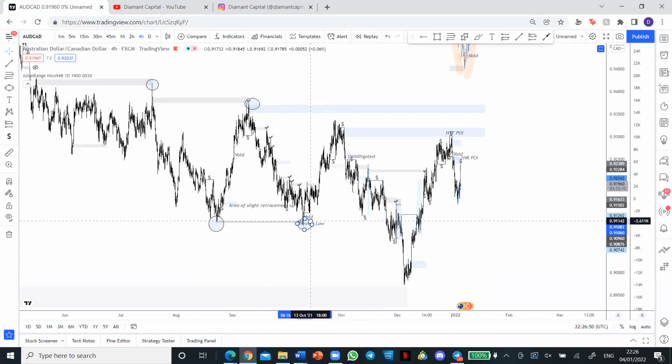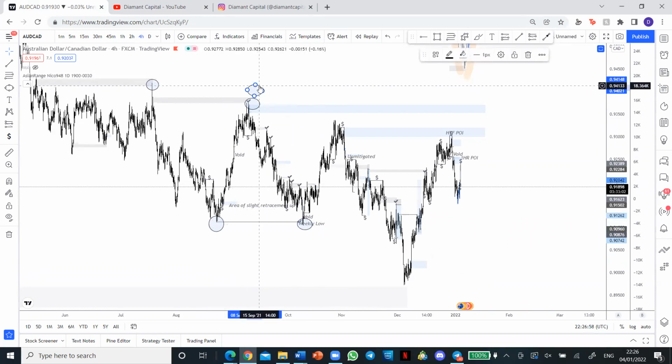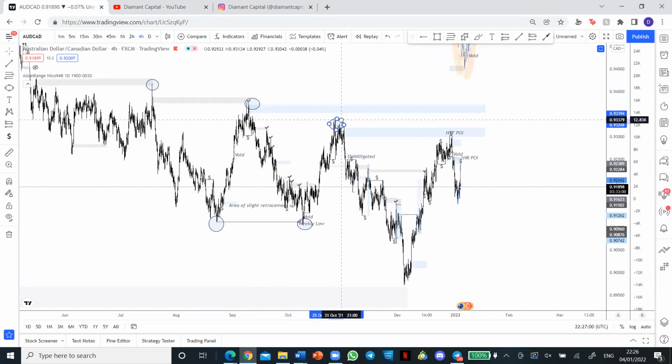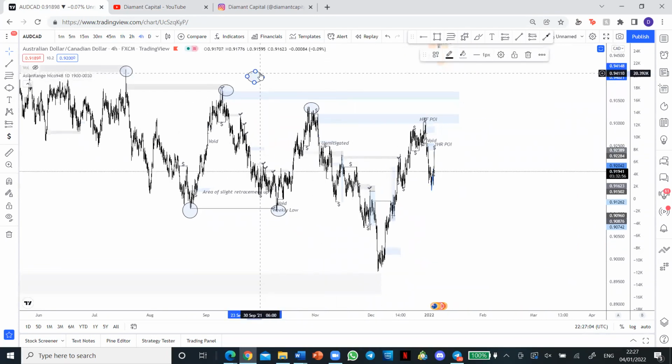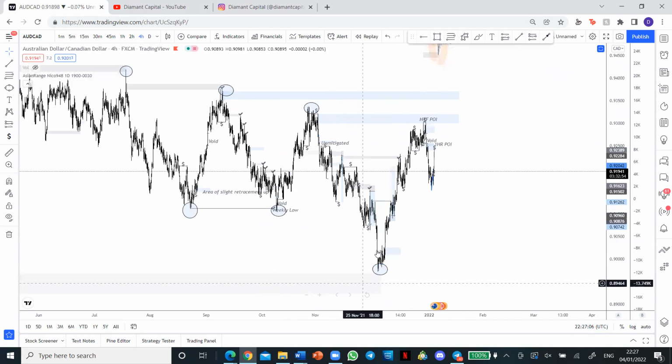This one is a bit of a different one because what actually happened was this. It created that liquidity to the downside. So we can still call that a low here, primary high. Now we've definitely got a primary low that completely broke this structure here. So you see what's happening. We've come to this